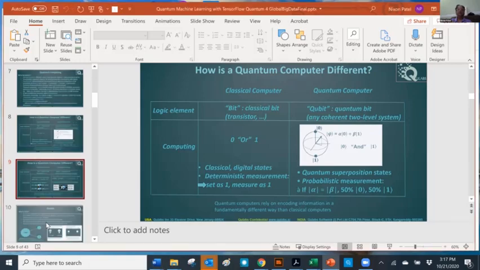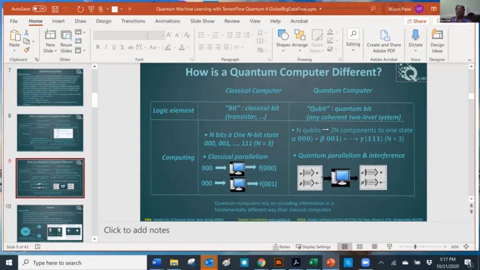And typically, if you can run, say, 300 bits, you can hardly capture an image, right? But with 300 qubits, that's more possibilities than all the atoms in the universe. So it gives you a motivation for why it's desirable to use the parallelism and interference that quantum computing allows to solve really hard problems.